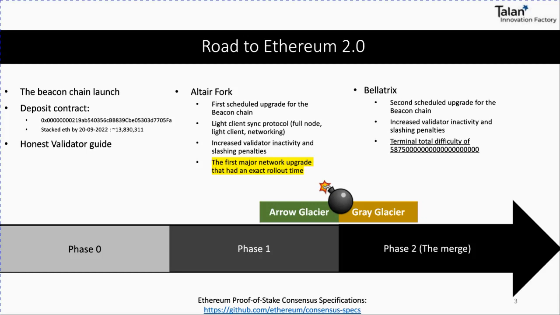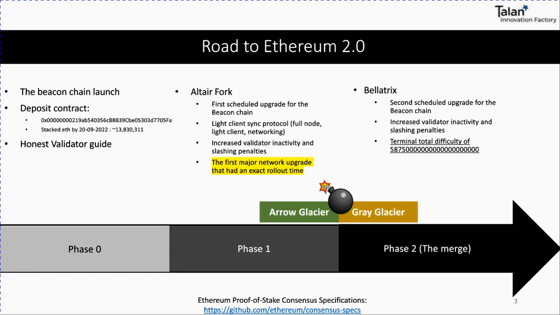So nothing interesting happened here. It was just two upgrades, mainly to delay the difficulty bump. The difficulty bump here is, in simpler terms, an exponential increase in the mining difficulty, so that the proof of work is no longer available for all the miners on the network. So that's the idea behind the difficulty bump.